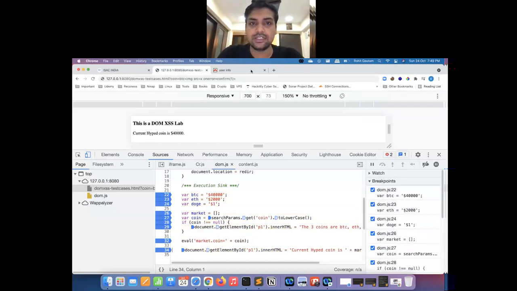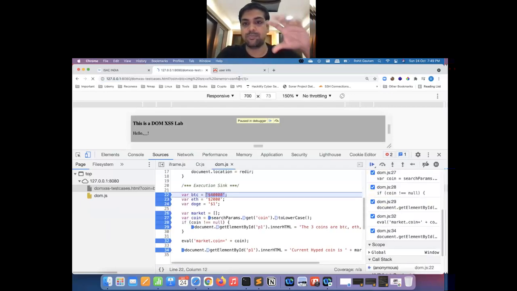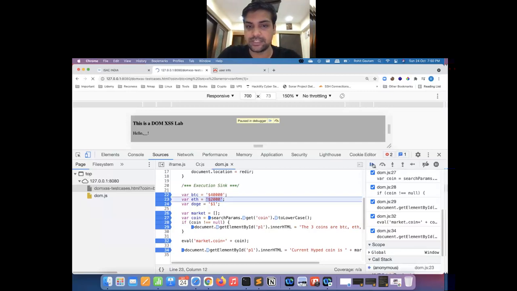Now I'm going to hit enter over here. So the page will start loading. It will not load, as you can see, it is continuously loading. It will not complete until and unless I resume the script execution. So I'll just take my cursor over here and I'll do resume script execution just to show you what is happening actually, how my payload is reaching the sink. So I'll just do resume script execution and you guys can see it.